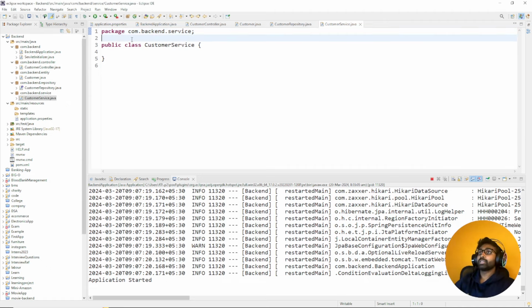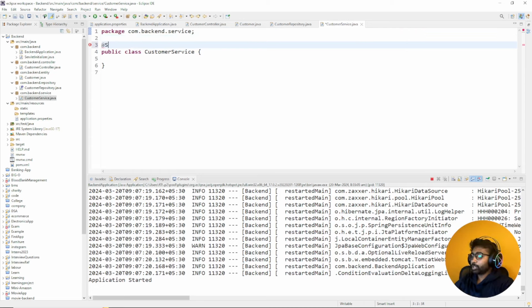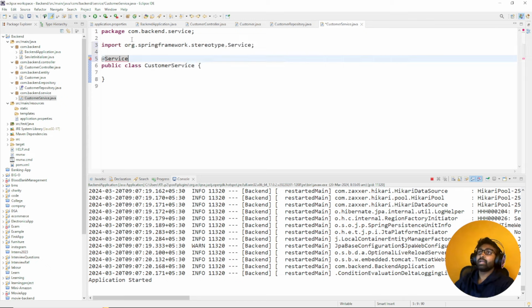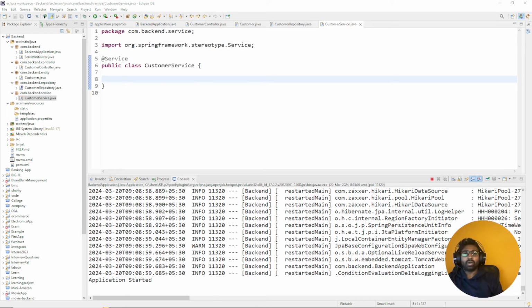So for that reason, @Service, import it, done. So here we have specified all the annotations or all the functionalities which need to be done for all the different files. So now our complete application is set. So we can go ahead and do our operations. All right. So the operation which we are going to do right now is,